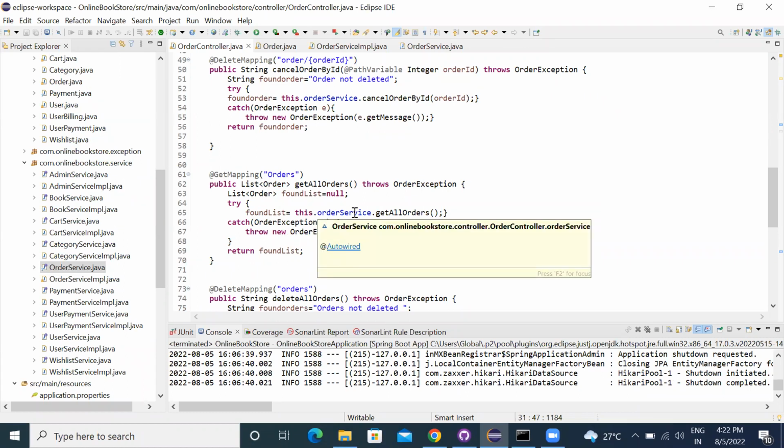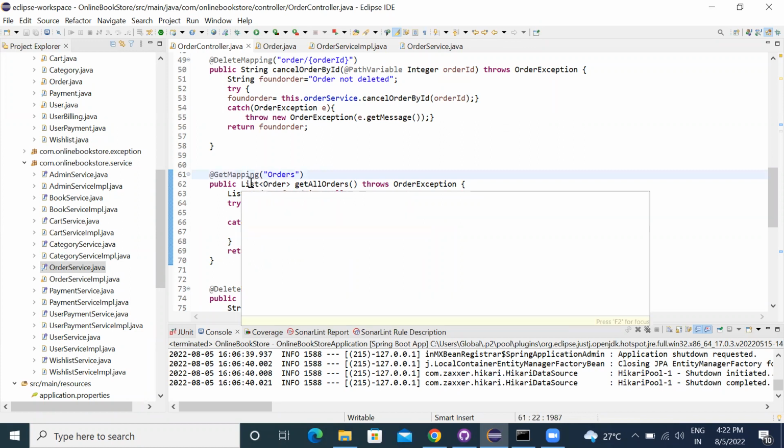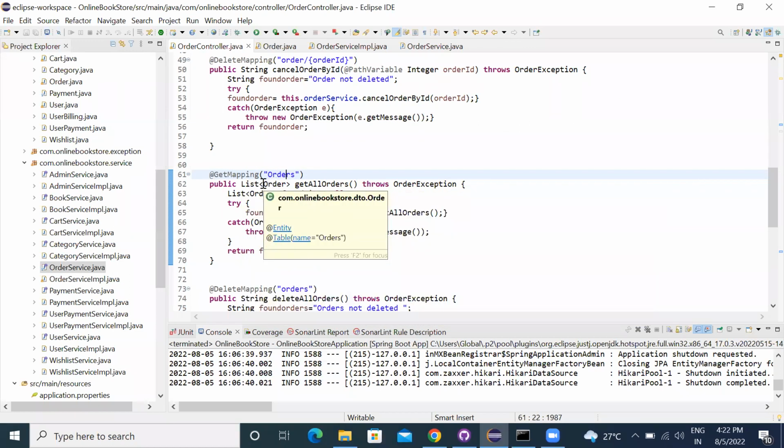Yes, sir. So we are using get mapping. In this, sir, with get mapping, basically we are fetching all the details. Get mapping is used to fetch the details from the URL, sir. And this is our URL. And after that, this is our method in which we have given a list of order as the return type. And after that, get all orders. And there is no argument in that because we are basically fetching the details.